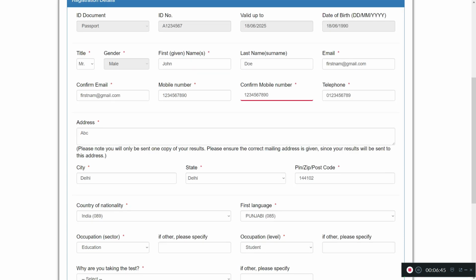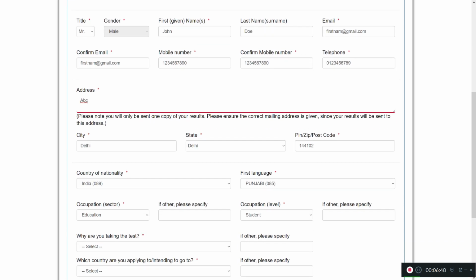So this is asking for my address, and I can just go ahead with random stuff right now. Now, please make sure that this address is accurate when you're doing it, because this is the address where you will receive your IELTS result, which is the TRF, the Test Report Form. The TRF will be sent only once and not again. So please be careful, because it's an important document